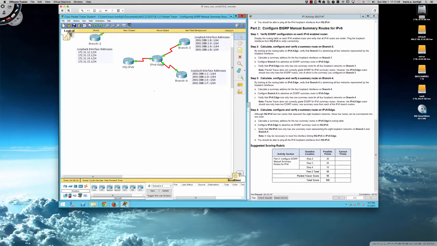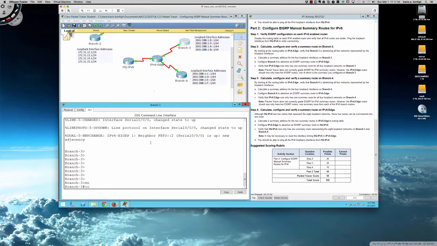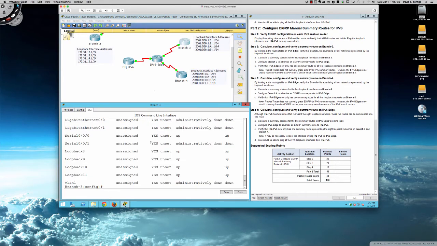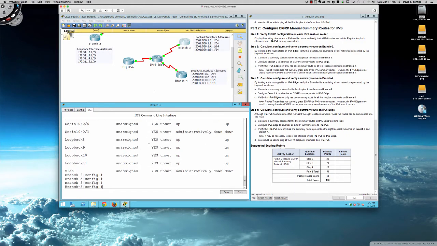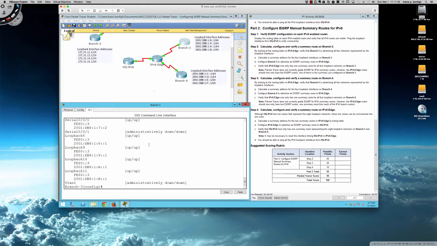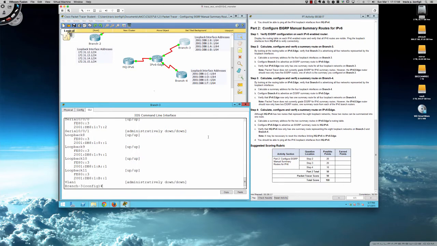So we're going to do the same thing we did last time. Let's hop onto branch 3, and we're going to go from user exec to privilege exec into global config, do show IP interface brief, so we can see which physical interface we're actually, oh, sorry about that. And did anybody pick up on the mistake there? Do show IPv6 interface brief to see the interface that we have up right now, and it is serial 0/0/0. So let's go ahead and go into interface serial 0/0/0,